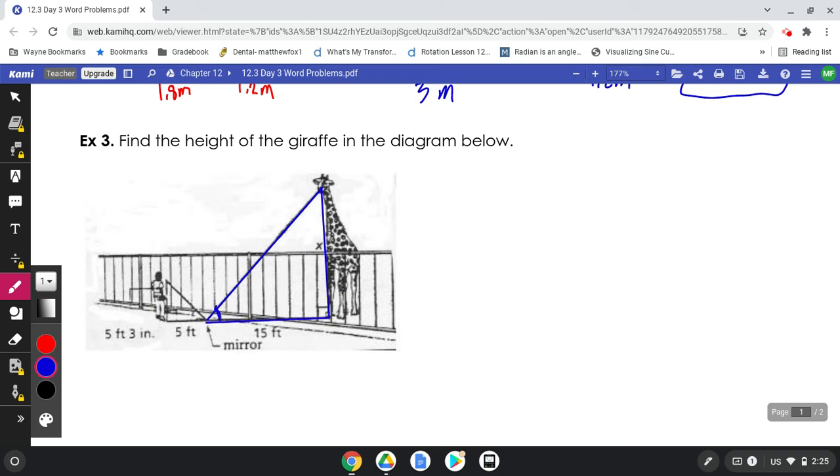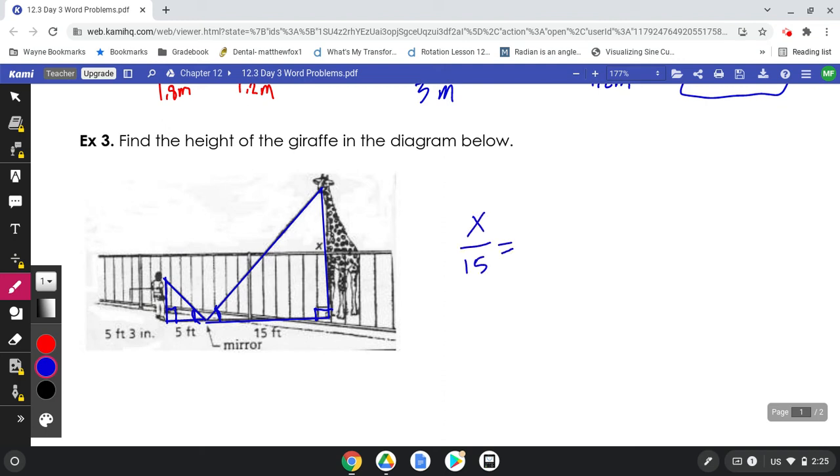Notice there's a mark right there. That'll be important, and a right angle. Then we also have our kid triangle, okay? And once again, there's a mark right here and a right angle. So the kid is looking down at the mirror. It bounces up. Since those two angles are the same, we have AA similarity. So I can put x over 15 equals